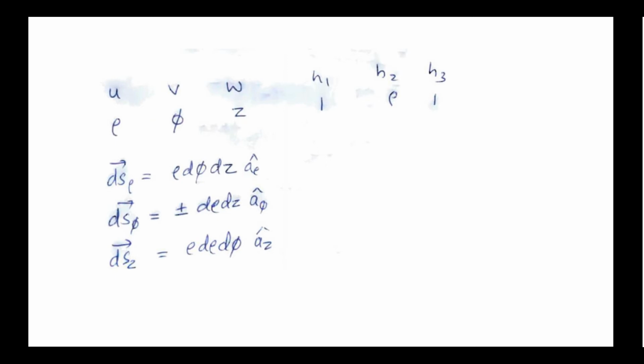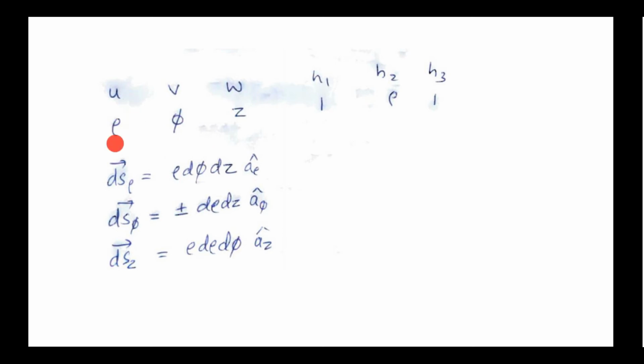Now we will find the values of u, v, w. In the generalized equation we should know, so that we get ds in each component. So u, v, w are rho, phi, z, and as we discussed, h1, h2, h3 can be obtained. Since rho is a length, h1 will be 1, phi is an angle, so h2 is the radius rho, and z is a length, so h3 is 1 again. So for ds rho, the d rho won't be there, only h2, h3, d phi, dz are left.